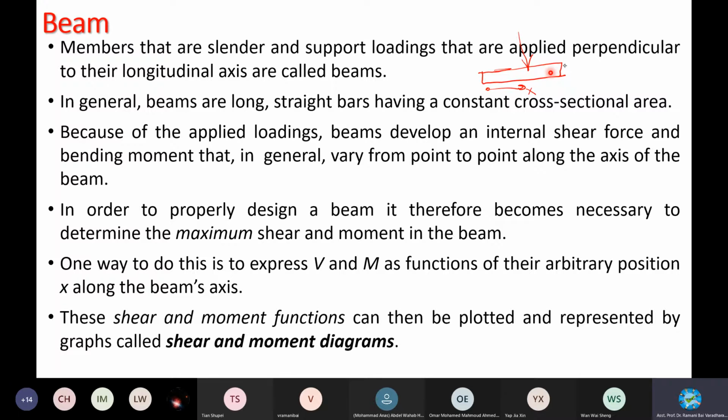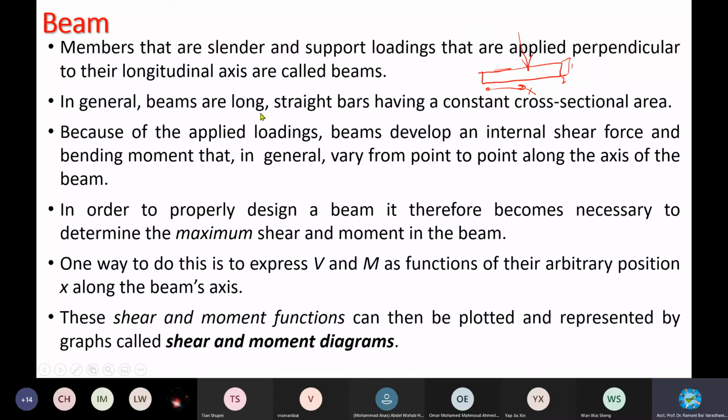You draw the cross section and three-dimensional view. Three-dimensional view will give you the dimensions like this, isn't it? So this one, other two dimensions, 1 and 2, compared to the other two cross-sectional dimensions, the vertical one, the length one, right? Lengthwise it is longer, then it is also called a beam.